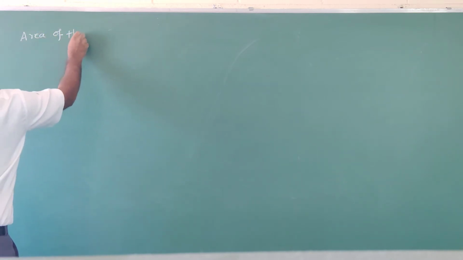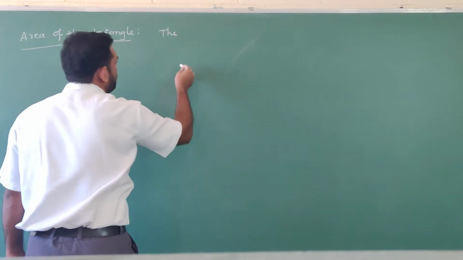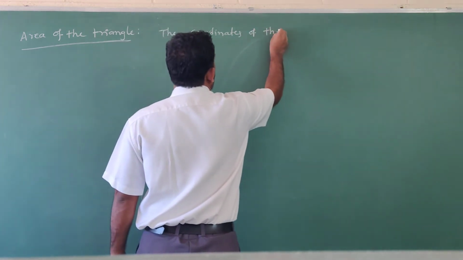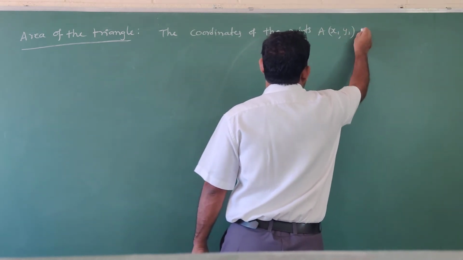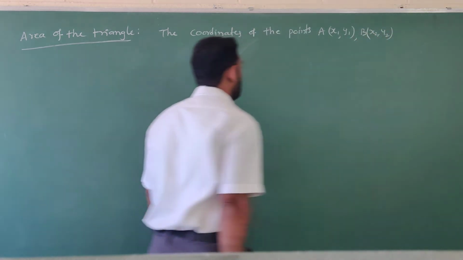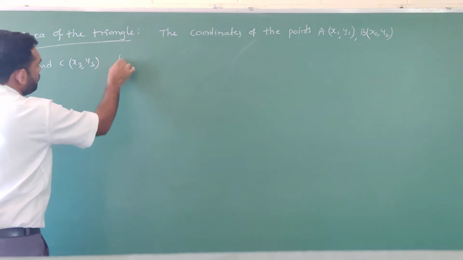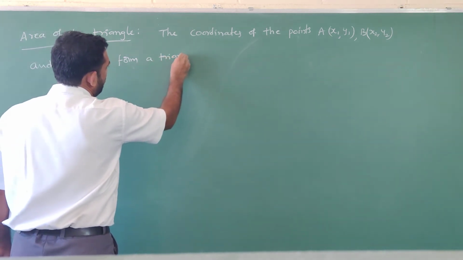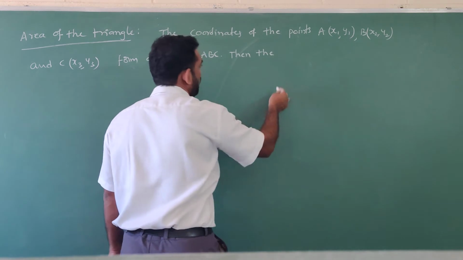The next one, area of the triangle. If the coordinates of the points A (x1, y1), B (x2, y2) and C (x3, y3) form a triangle ABC, then the area of the triangle ABC